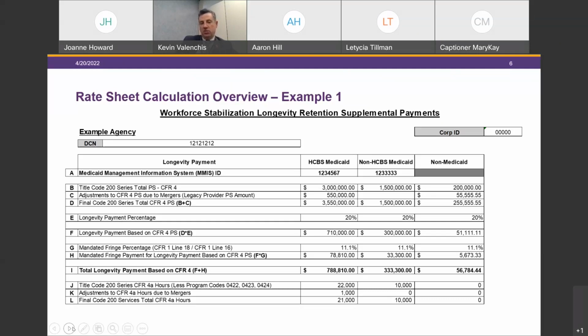It's a typical rate sheet PDF that you all have grown accustomed to seeing posted to OPA. Here we've got an example Corp ID, but no one has a 5-digit 0 Corp ID. You all, I'm sure, know what your respective Corp IDs are. We use the DCN, the document control number of what CFR was used to propagate the information from which we base these payments. And now we'll talk into the format, so we have the causes or the factors along the trunk of the tree here, labeled A, B, C, D, E, F, G.